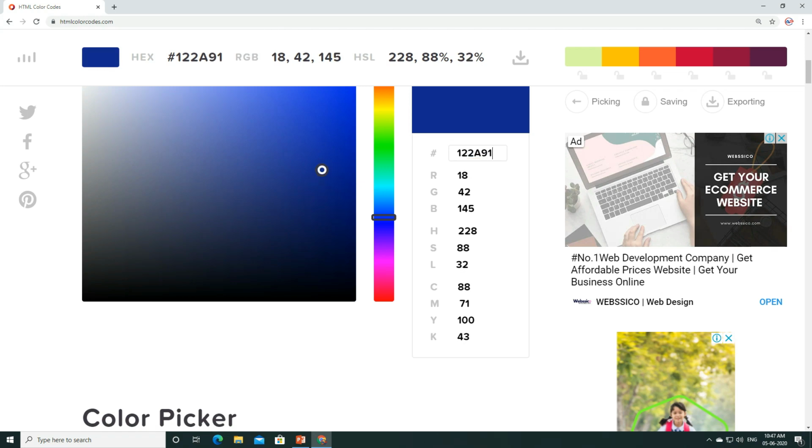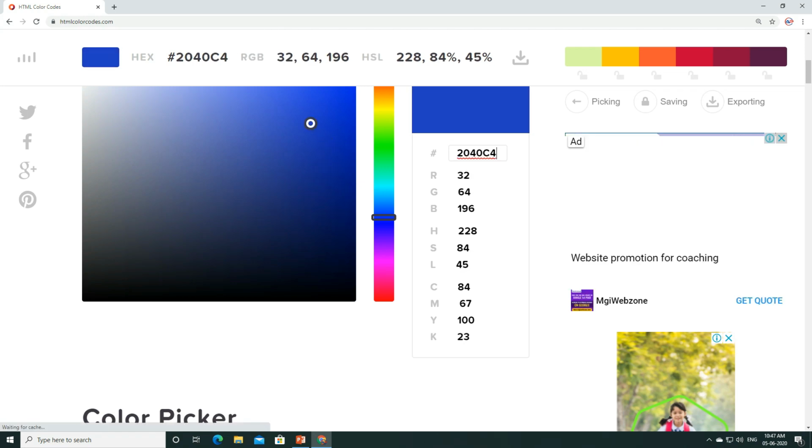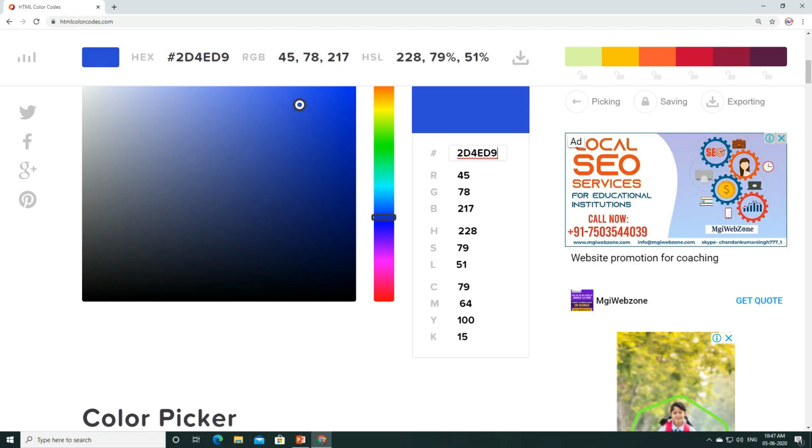So now let us change this one a little bit. Here you can see DB is written. D is written instead of 13, and B is written instead of 11. Right? I hope this part is quite clear to you. Why do we write A, B, C, D, E and F?